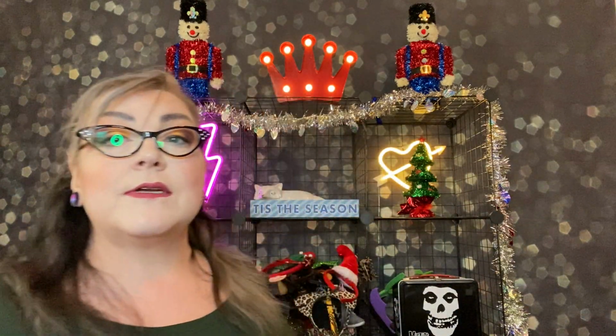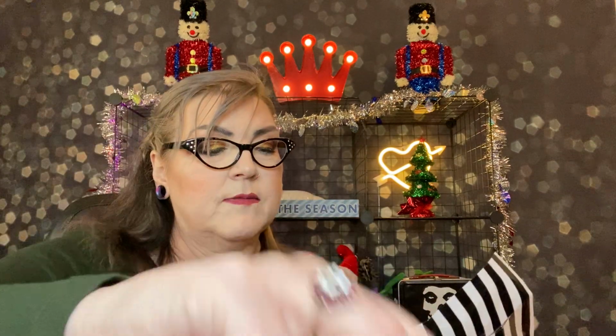Let's see in my box what I got. I chose the headband because I have nothing but headbands right there. It's like a stack of headbands. And this is very pretty. And this will look great with my hair. Let's cut into it. And it's got velvet and it's got a little knot. And the headband is